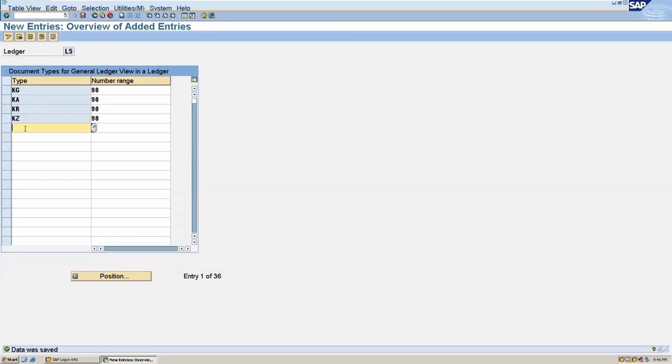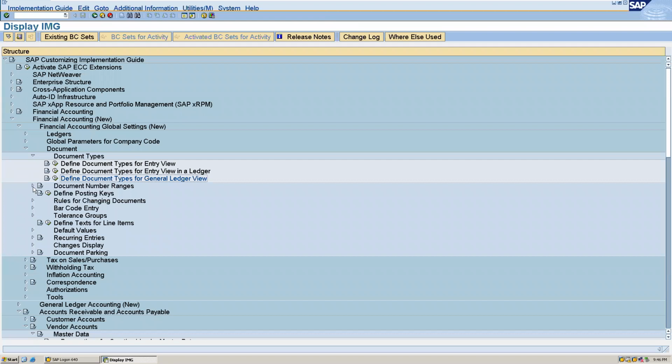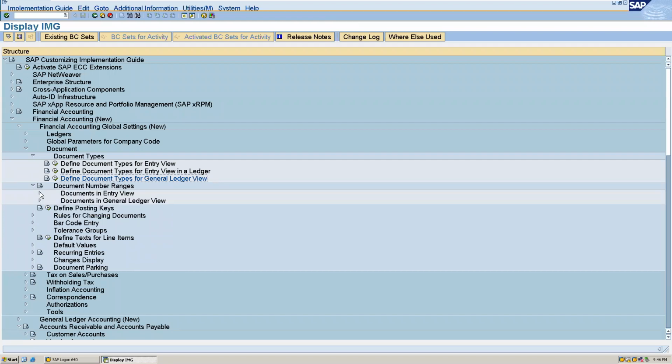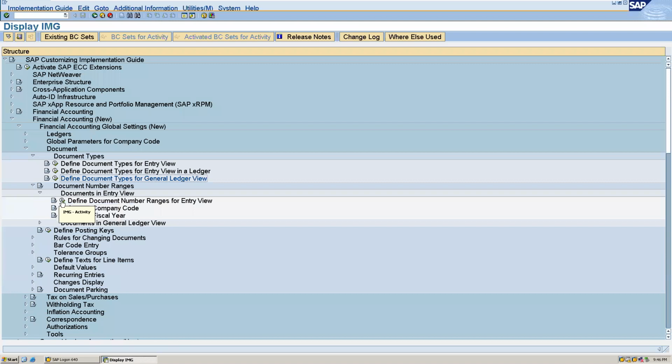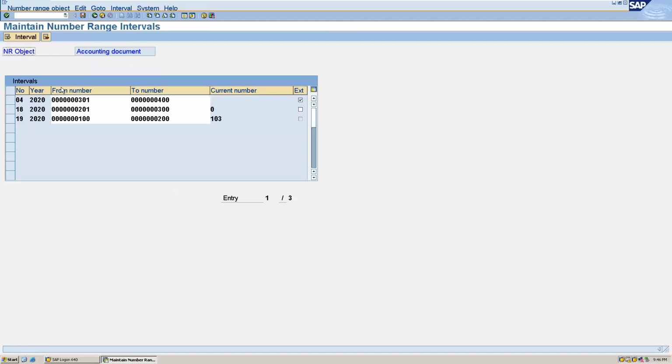After this, we have to define document number ranges for entry view. Go back. So here, Document Number Ranges, Documents in Entry View, Define Document Number Ranges for Entry View. Here we have to give our company code ALLO, intervals. And here we have to maintain 19 for KR, and it's already created, so no need to create it here.